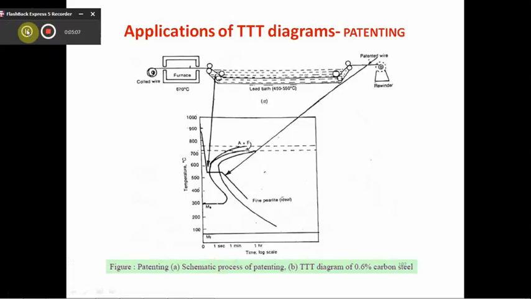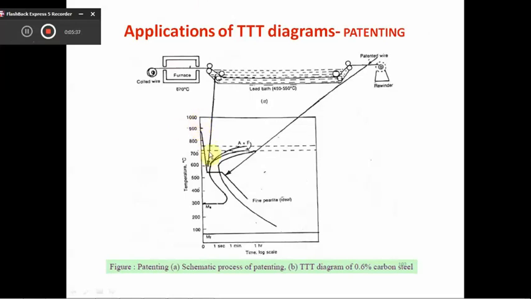Another application of the TTT diagram is patenting. The special heat treatment given to medium carbon, high carbon and low alloy steel wire rod is called patenting. The process consists of heating the material well above the austenitizing temperature, that is up to this temperature, to ensure formation of a homogeneous austenitic structure. After soaking for a sufficient time period,